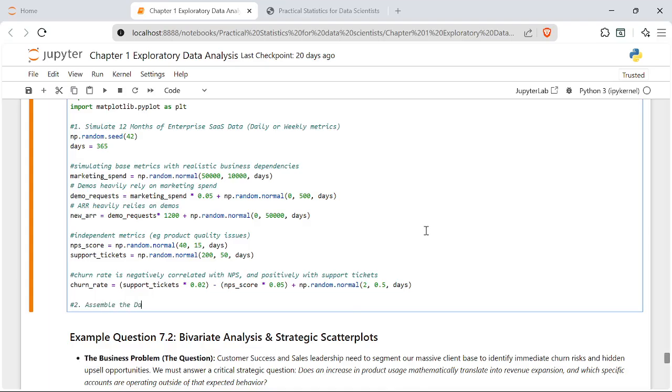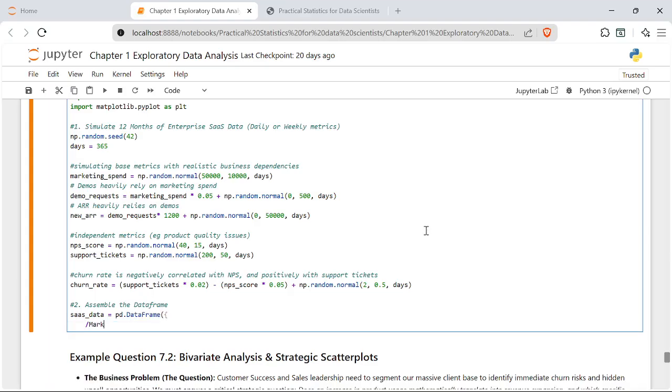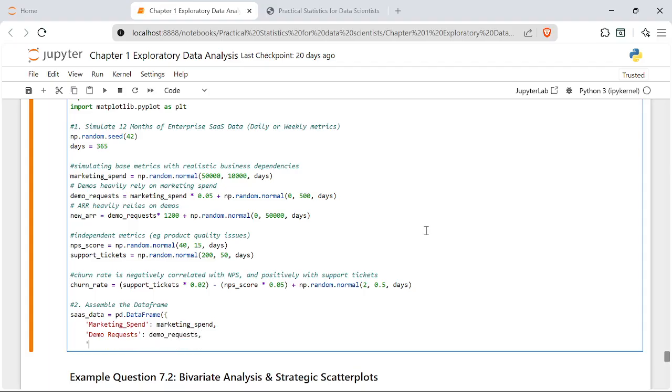Assemble the data frame. sas_data = pd.DataFrame, marketing_spend is marketing_spend, demo_requests as demo_requests, new_ARR equals new_ARR,